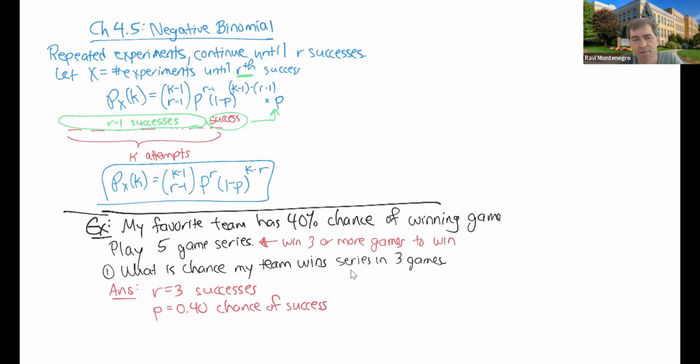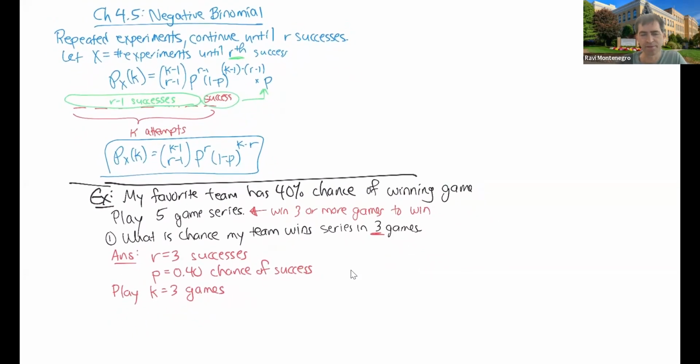And K, the number of games we're going to play, is 3. I think things have been getting cut off for some people, so hopefully that is good enough there. And so the question is asking for the probability that x is 3. Because k is 3, the formula was k minus 1, so 3 minus 1,